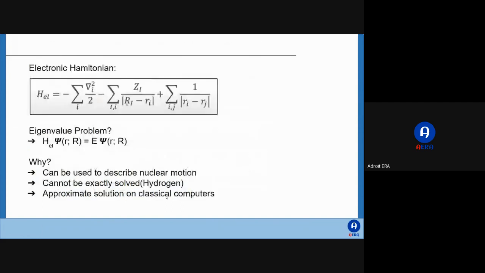So moving further, as I discussed, we will be left with three terms, right? So what our main agenda is, is to find the eigenvalue of the